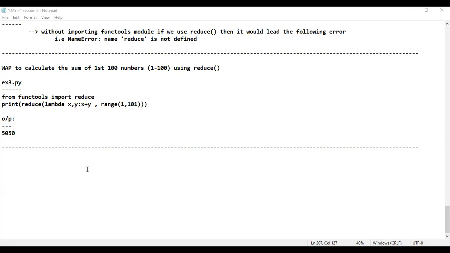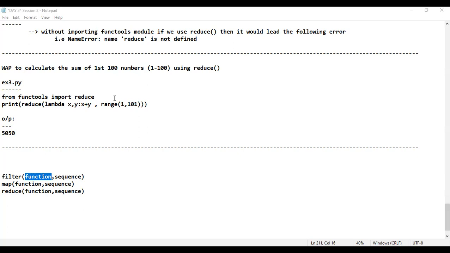Okay. Till now, when it comes to filter, map, and reduce, what is the function that I have provided? Is it a normal function or a lambda function? Please tell me. Yes, till now for filter, map, reduce, the function that I have provided is a lambda function. Now we will see how to provide a normal function for filter, map, reduce.